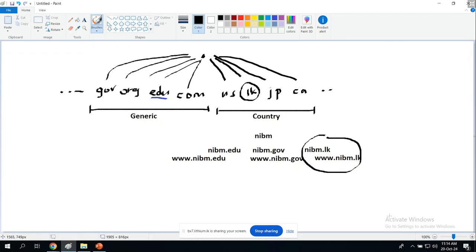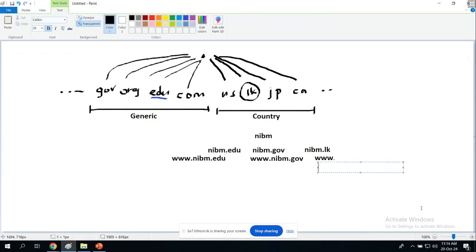So the resources will go like this: www.nibm.lk, and as I mentioned earlier, mail.nibm.lk. For LMS we are using a different domain, but we can go like this. All these are